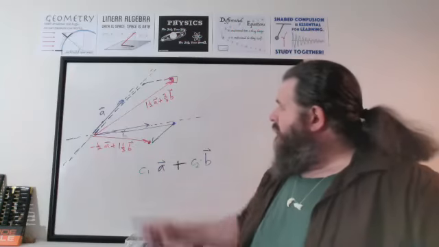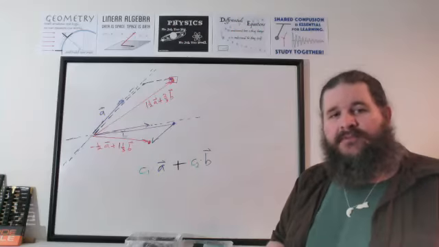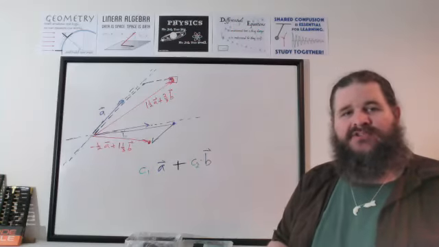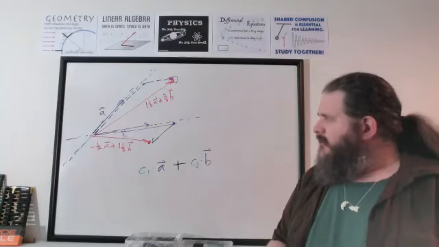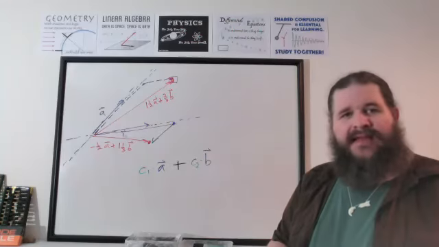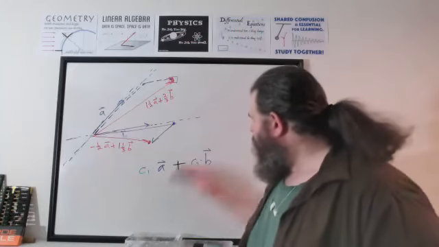So I would say that given these two vectors, their span, that is the set of all possible linear combinations, is a two-dimensional plane. And generally, anytime you've got two vectors, their span, that is the set of all possible linear combinations, should be a plane, except,